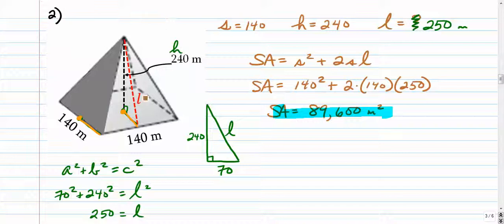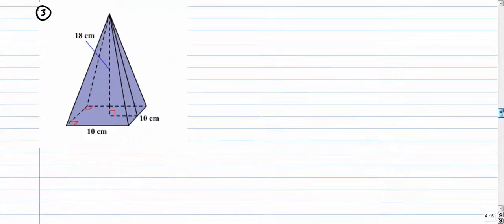So you can see that there's a little bit of side work involved when you have the height given rather than the slant height. And the key to this, I think, is understanding that you need to take a two-dimensional triangle and extract it from a three-dimensional solid. It's not the easiest thing to visualize, but hopefully, if you do enough practice problems, you'll be fine. Number three,